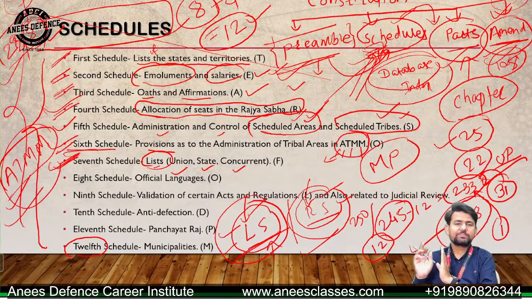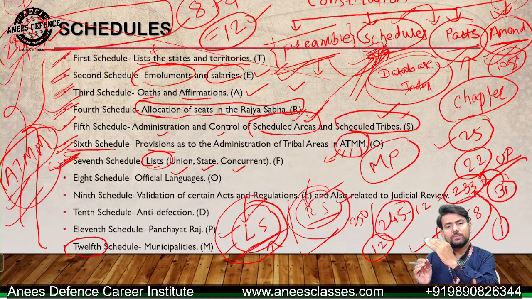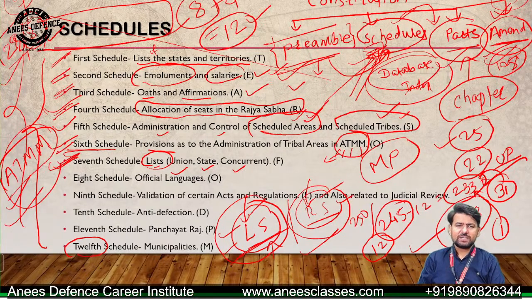देखो अभी कॉन्करेंट लिस्ट क्या है? कॉन्करेंट मतलब दोनों, both can exercise their power. इसमें ऐसे सब्जेक्ट हैं जिस पर यूनियन भी लॉ बना सकता है और स्टेट भी लॉ बना सकता है. समझ में आ गया? ऐसे सब्जेक्ट, फॉर एग्जांपल पर्सनल मैटर्स, marriage, divorce, inheritance, all these matters are put under, this